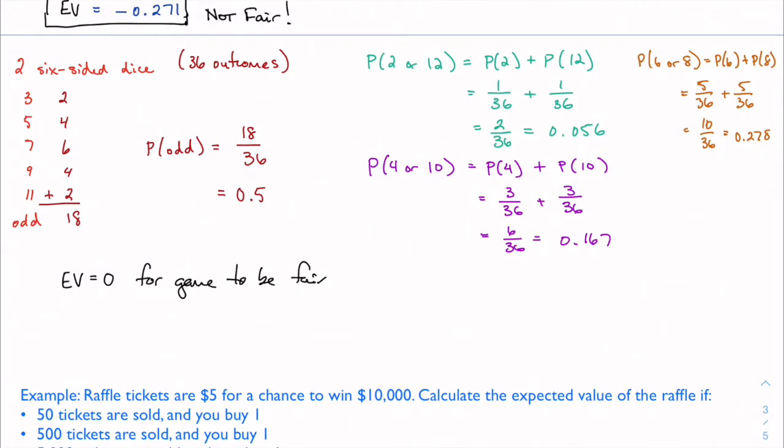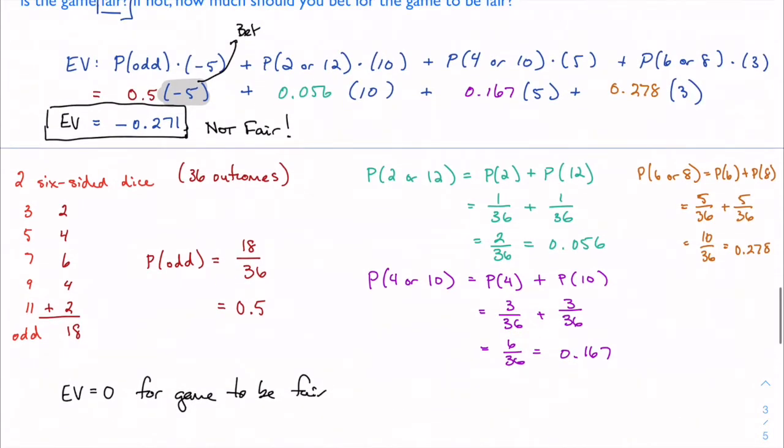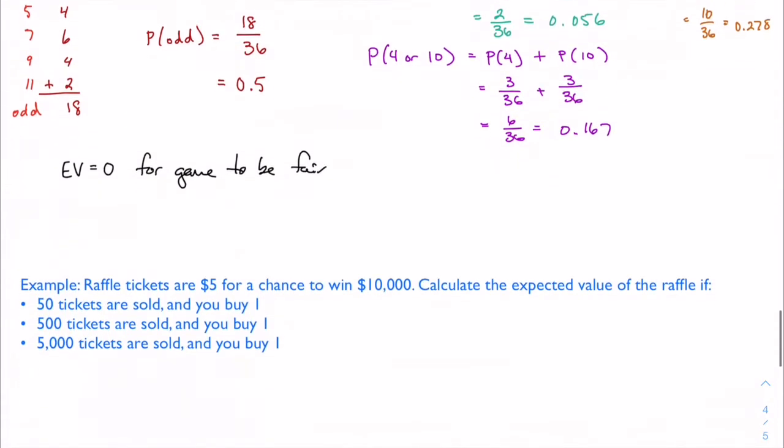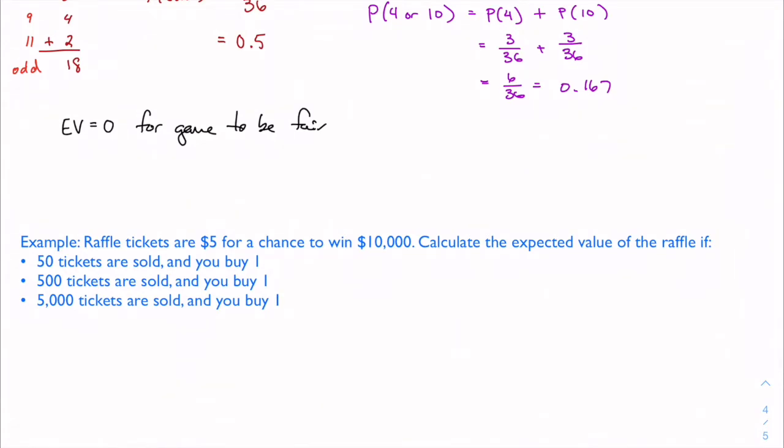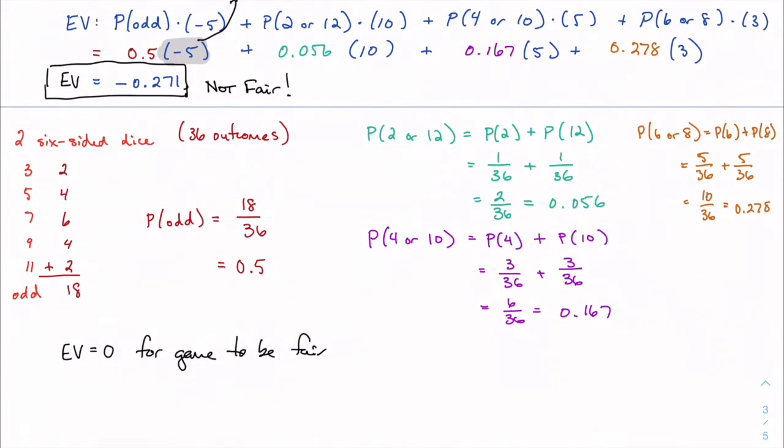So I've gone through and actually simplified the rest of this, because this is all going to stay the same. The only thing that's changing is right here. Normally it would look like my entire right-hand side of this equation. I would have 0.5 times negative whatever the bet is, and maybe we'll call it B for bet, plus everything else. I've taken the liberty of simplifying the everything else. It's 2.229. And this needs to be equal to 0.